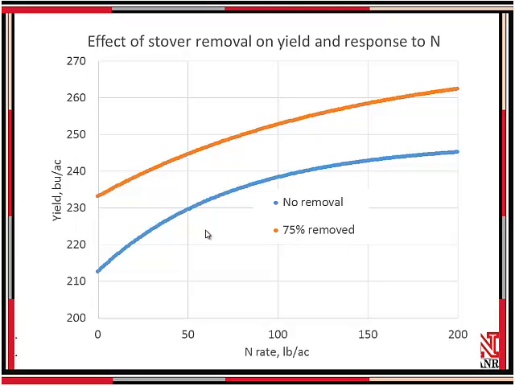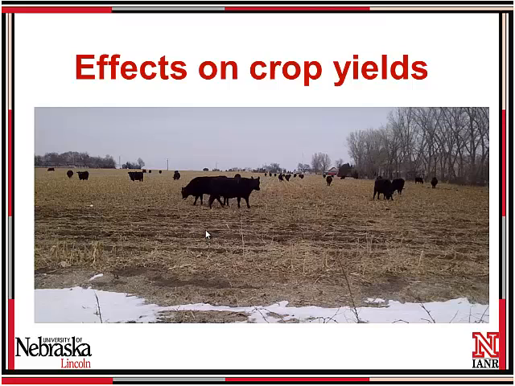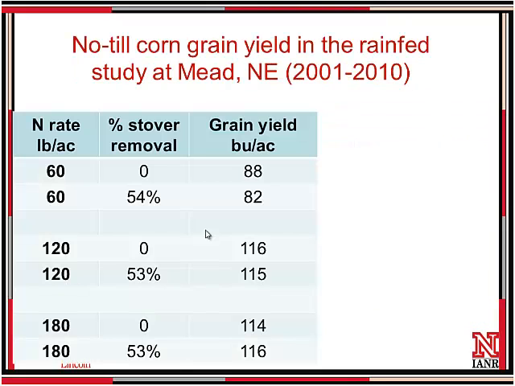What we do see is the higher yield with the removal, and that's something that's very common throughout the Corn Belt, at least. Whether that's true here or not, I'm not sure, but certainly for eastern Nebraska and further east throughout the Corn Belt, it's a very common observation. So we spoke a bit there about crop yields, but let's look at that a bit more. These results are the yield results from that study I mentioned before, the dryland study with the lower, less